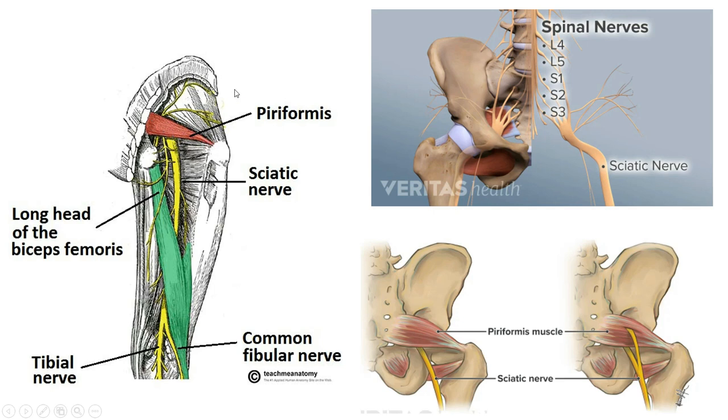The sciatic nerve comes through the greater sciatic notch and exits the true pelvis, or pelvic inlet. Then it goes to the posterior aspect and passes below the piriformis muscle. This nerve traverses this area, and at the junction of the lower one-third and upper two-thirds of the thigh, it gives off the common peroneal nerve, and one branch continues as the